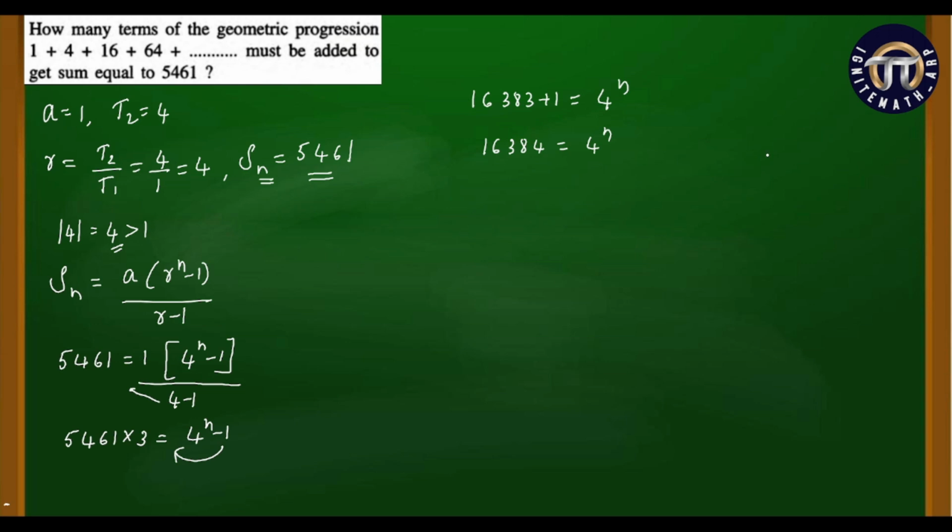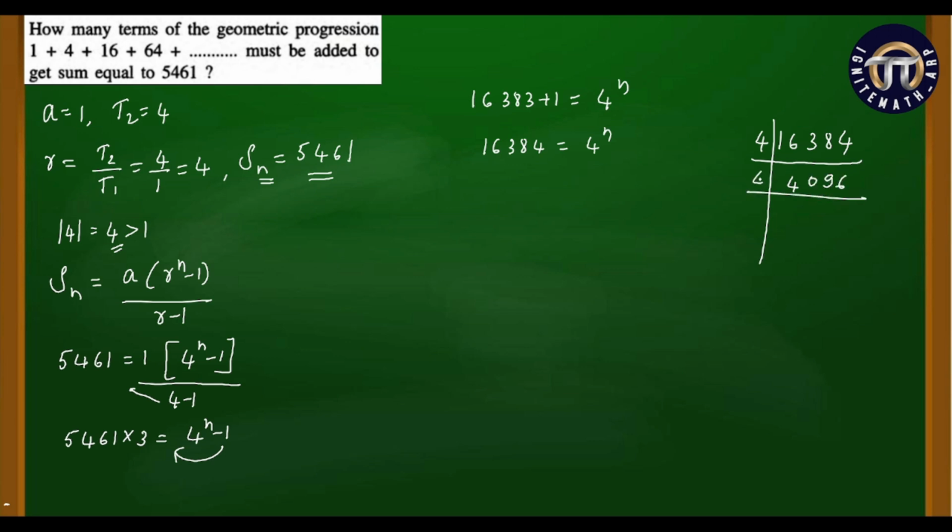So now what can you do? You can do the prime factorization. In fact, I don't want to call it prime factorization because I want this number to be expressed as 4 to the power of something. So directly I take 4 over here. 4 is not a prime number, so I don't want to call it prime factorization. I'm just dividing 16,384 by 4. So here I would get